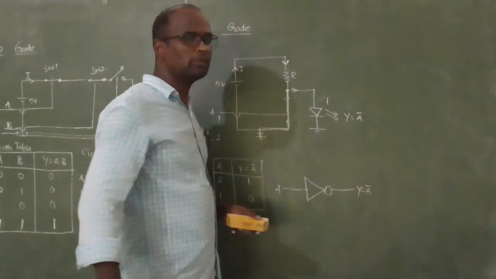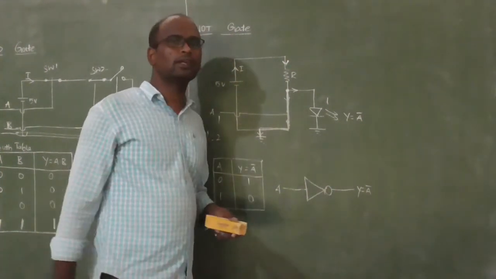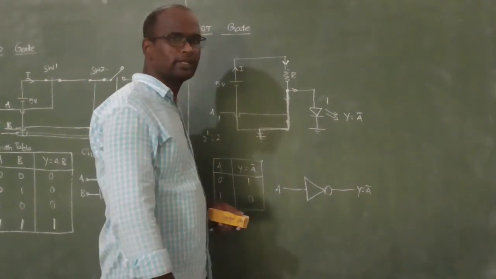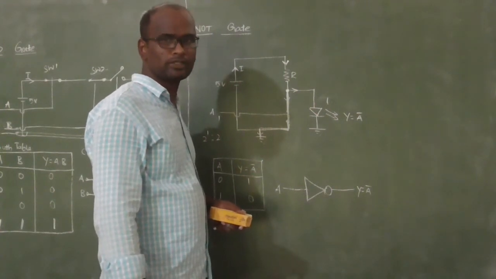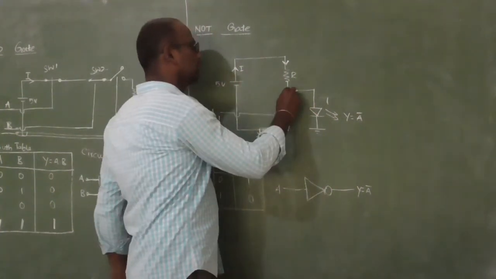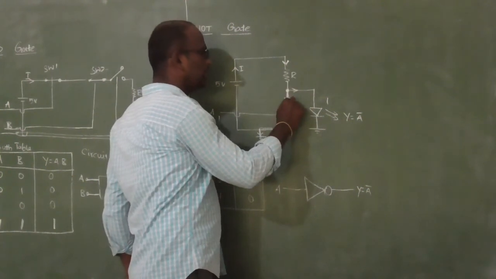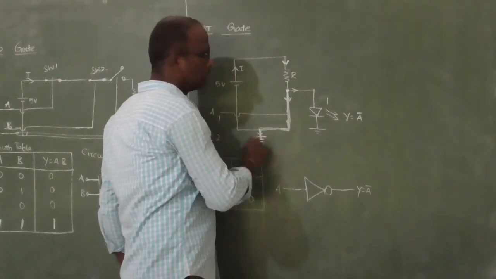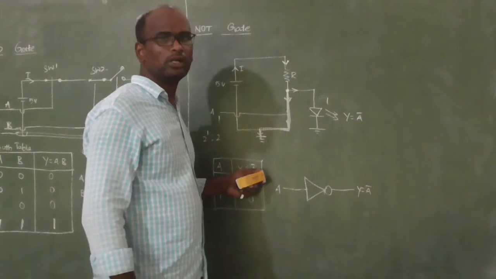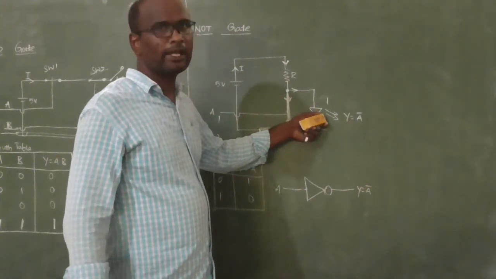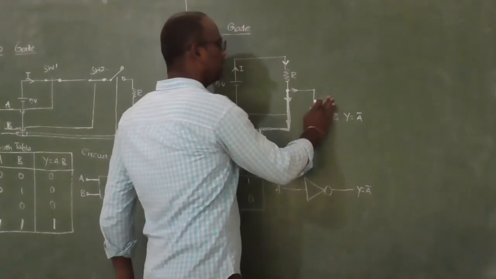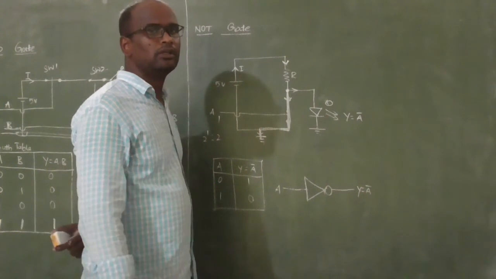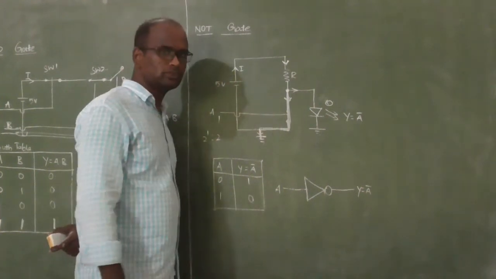So the first preference of any current is the ground path rather than any other components connected into other paths. Therefore the total current I will enter into this direct path and get into the ground, so that all the current goes to ground instead of going to the LED. So the LED will not glow since there is no current to the LED. It is to be considered as logic 0.